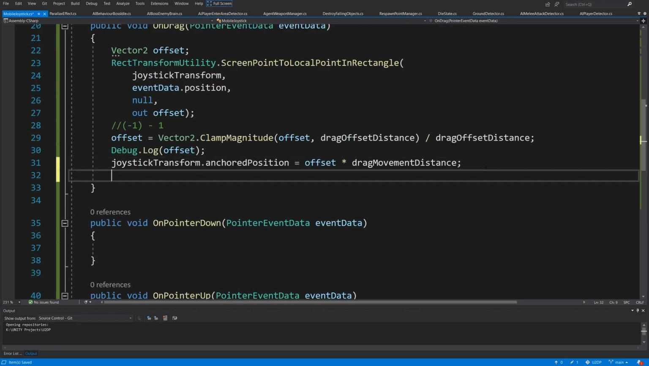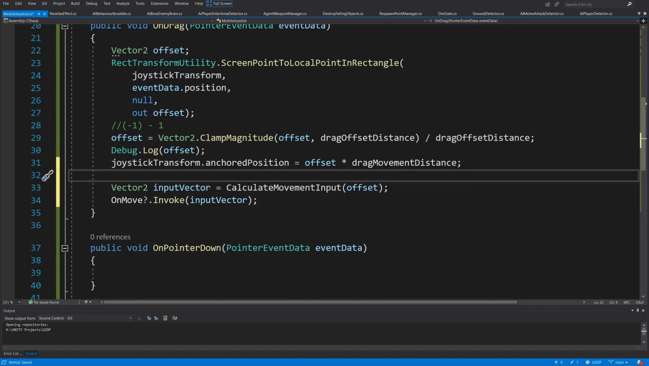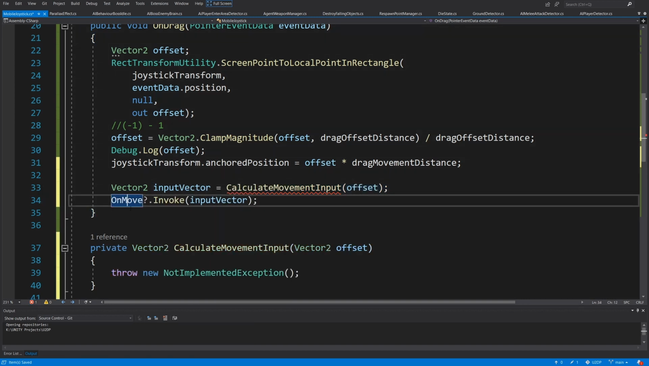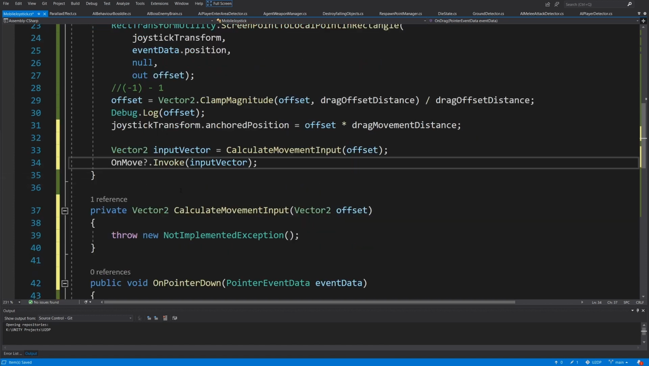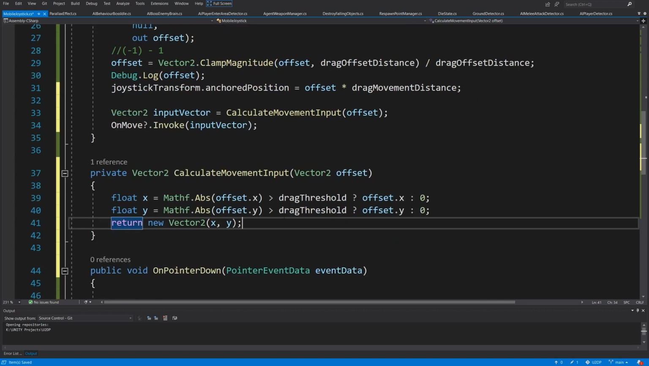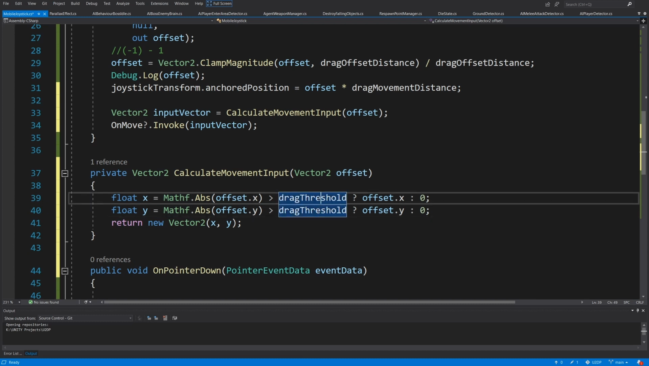The last thing that I want to do is calculate the movement input. I will create Vector2 inputVector, and I will call CalculateMovementInput from this offset. I'll right click on this method, quick actions and generate it, call OnMove.Invoke, and I will pass the input vector. Again, as I have already mentioned, I will have the code that limits when we register the input depending on the drag threshold. So if the value is greater than 0.6, I will accept it as valid x and